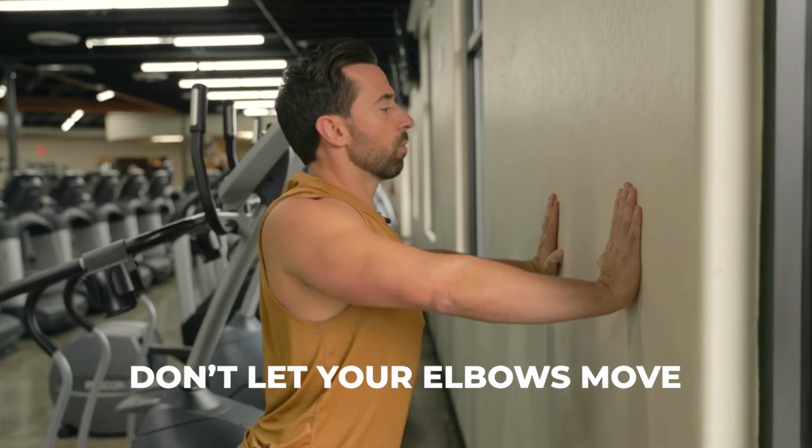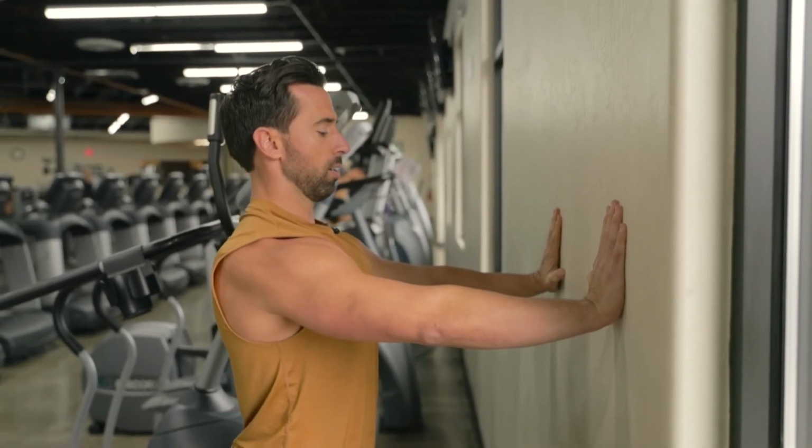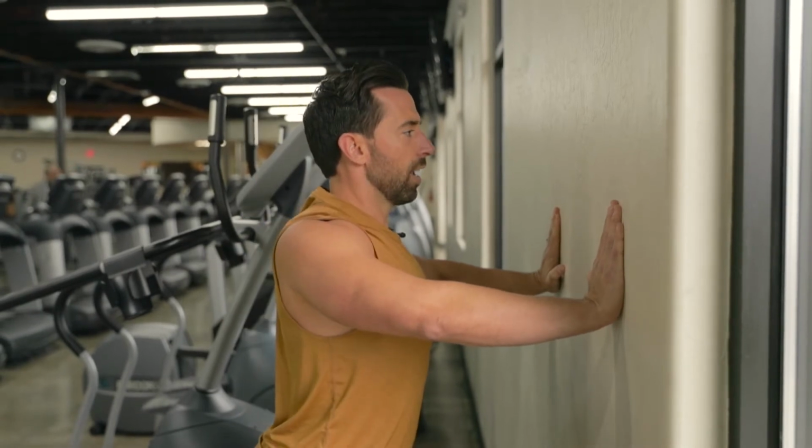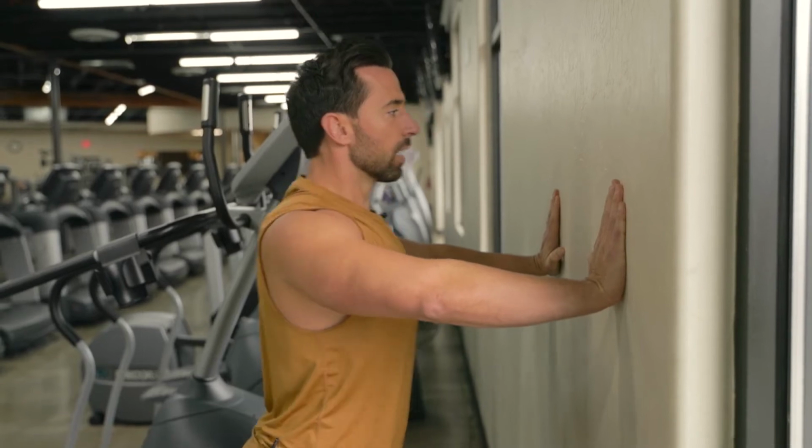So the goal is just to squeeze your shoulder blades together, like there's a pencil in between your shoulder blades, and then push them apart. You're gonna wanna do 10 of these, and pause at each point, making sure that you create stability in each